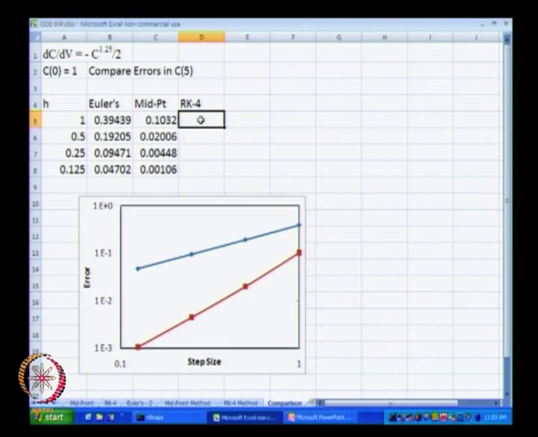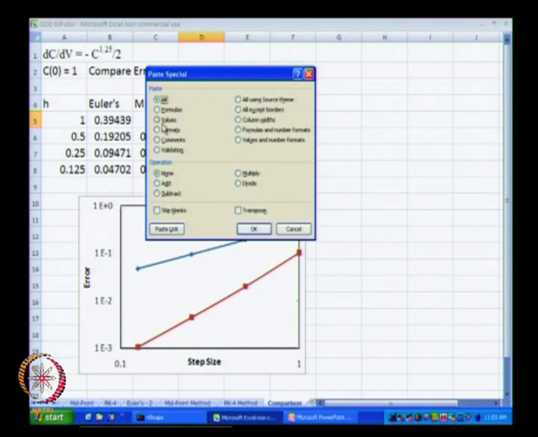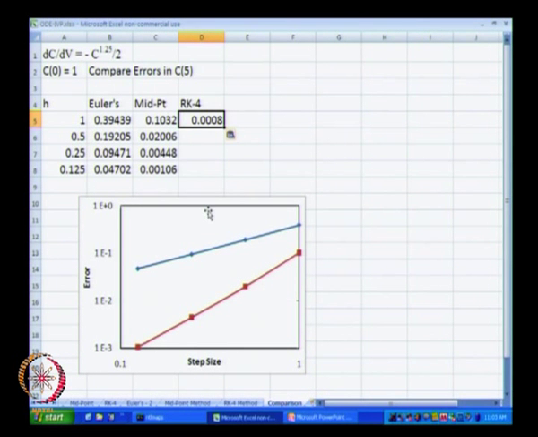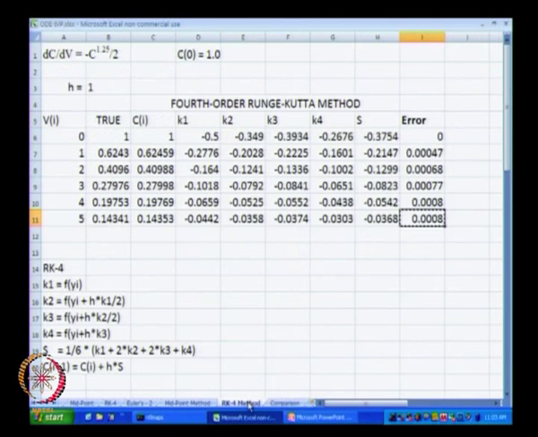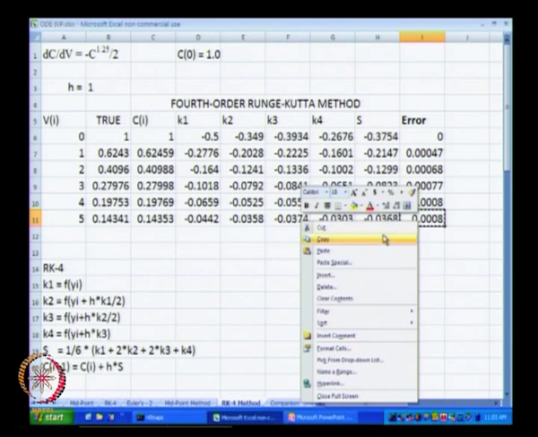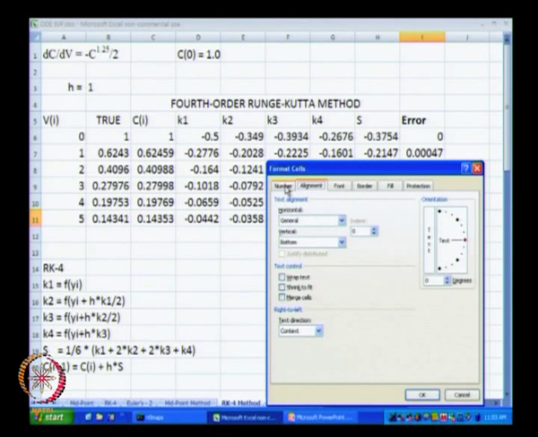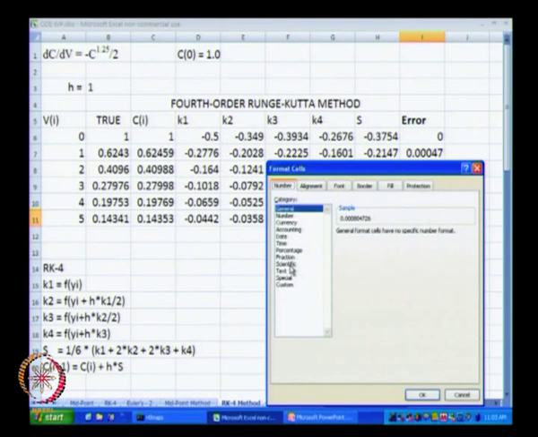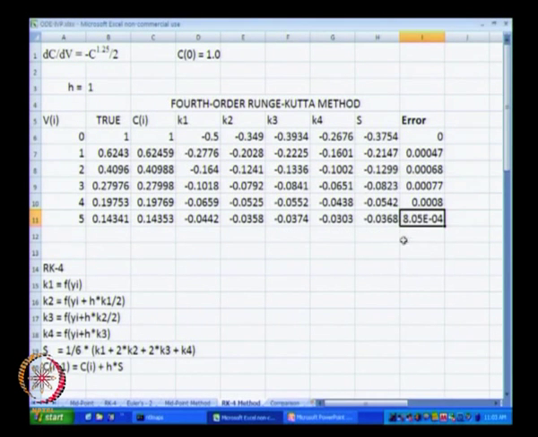I will copy this and paste it in our comparison section, paste special, and we just want the values. Okay. Now, I will change the format of the numbers. Rather than a general format, I will change it to the scientific format with 2 decimal places.